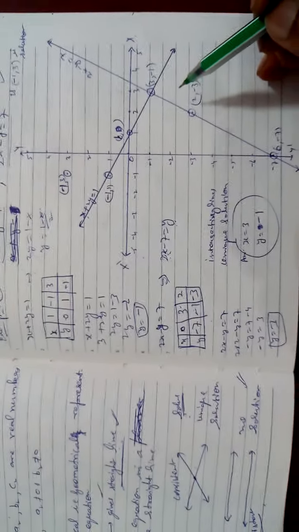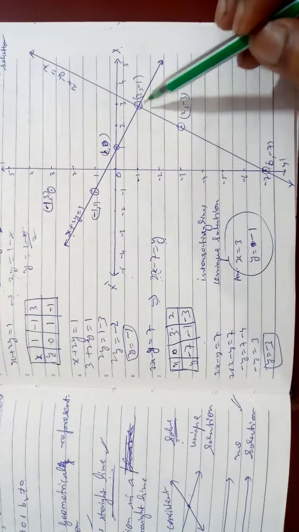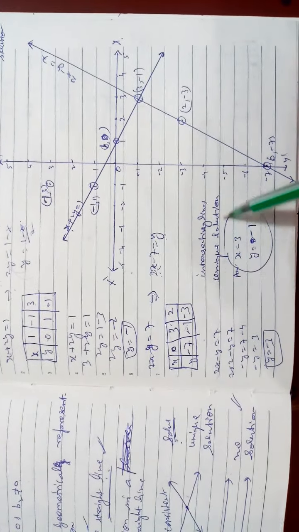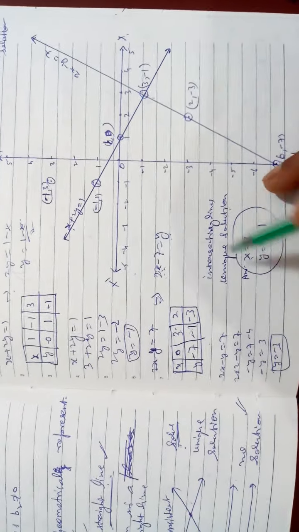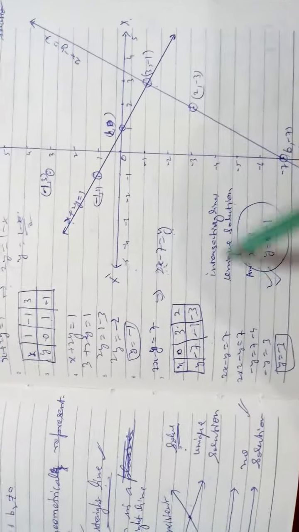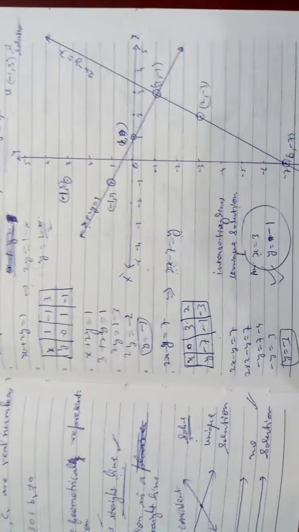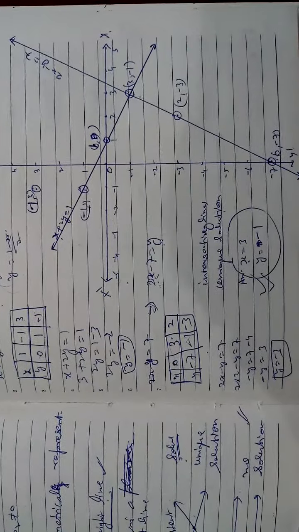So you are getting two lines which intersect at one place. It is a common point, and it is called the solution. These are intersecting lines with a unique solution, and the solution is x equal to 3, y equal to minus 1. It is your answer. If the question says solve it, you must write this. If the question says represent it, there is no need to write this; only represent and leave it. It is your equation.